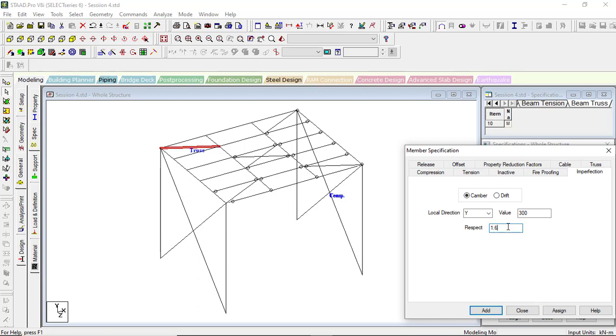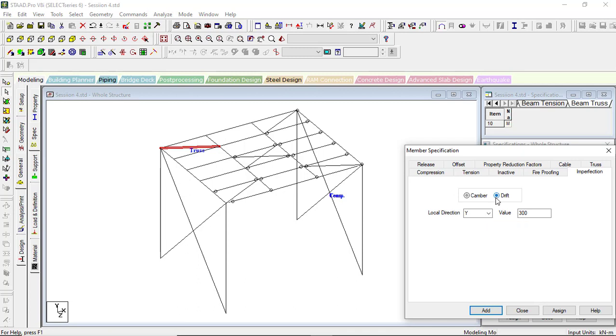STAAD calculates epsilon of the camber value we provide, and based on that epsilon value, the camber value will be calculated in STAAD Pro. Generally, in the Indian Standard Code, the camber is provided for the load combination of dead load plus 0.25 live load, right? Dead load plus 0.25 live load camber is provided.